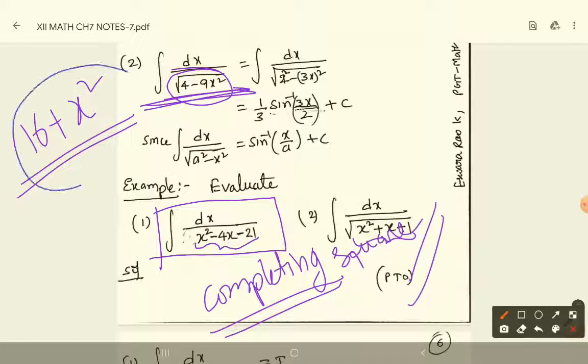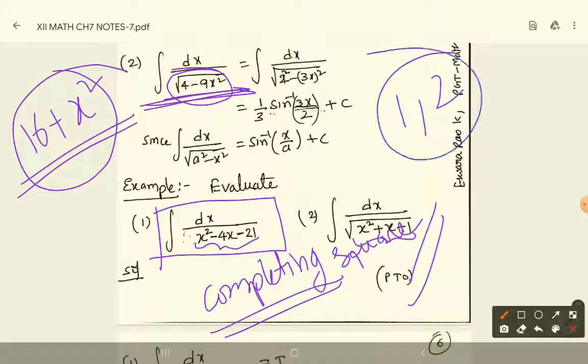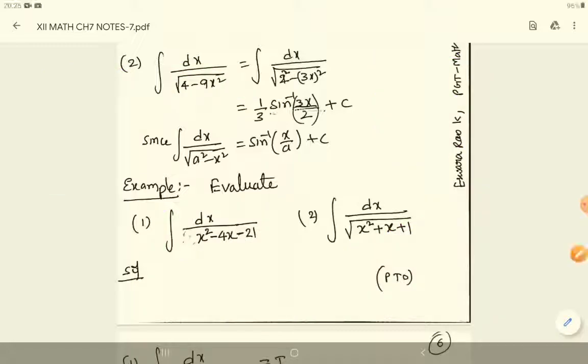So this is completed already. See, in the first two examples, the squares were completed. There is no 2ab term, no middle term, so easy. If there is a middle term, how to convert into completing square method, that is important. See, I just take one expression, x square minus 4x minus 21, and we convert it into completing square. So try to listen how I am converting it.